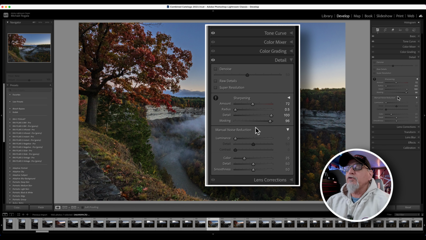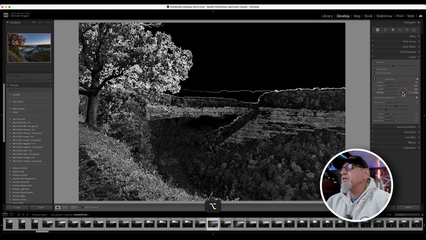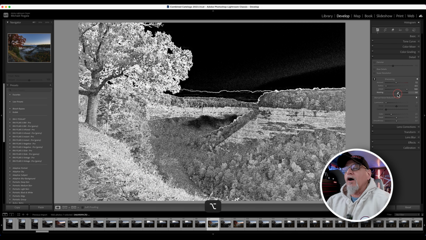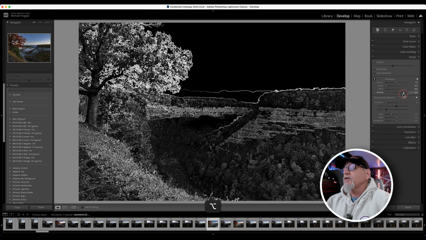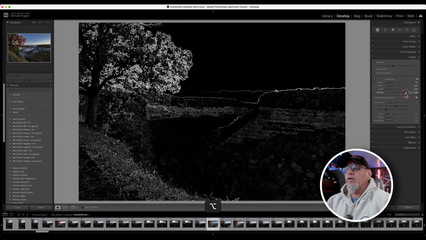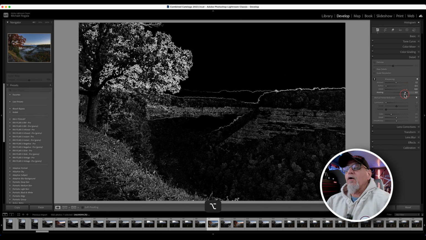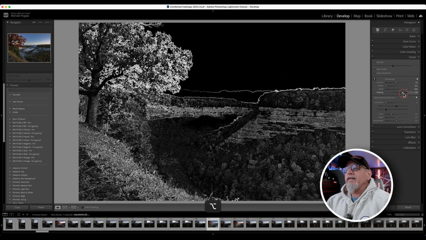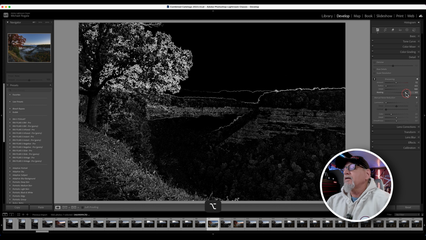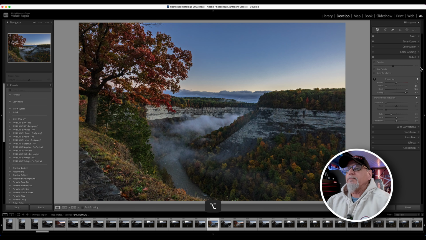Definitely want to mask, because if you don't, if I hold down the option key and move my mask, you can see all the noise that might be on the small, fine detail in the photo that you really don't want sharpened. So I mask all that out so I only get what I want sharpened. And just so you know how I did that, on the Mac, I held down my option key and then used the mask slider. So anyway,